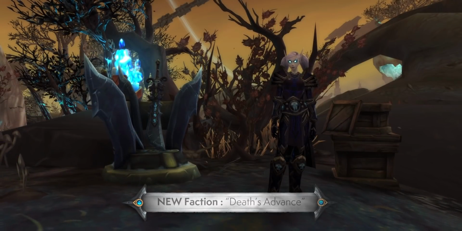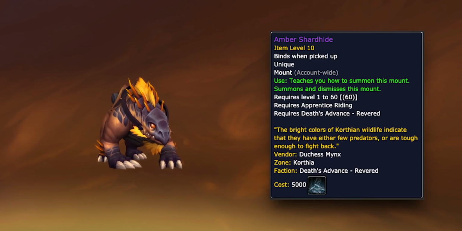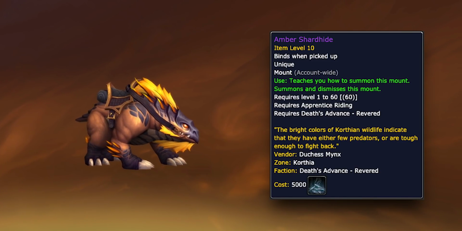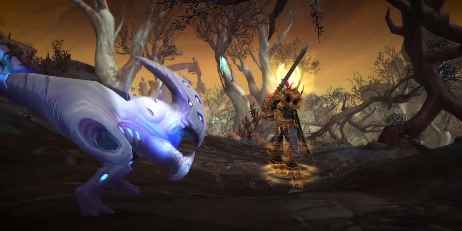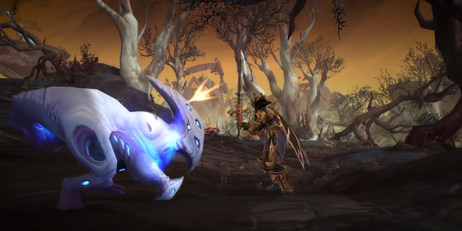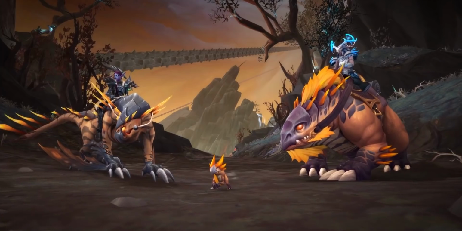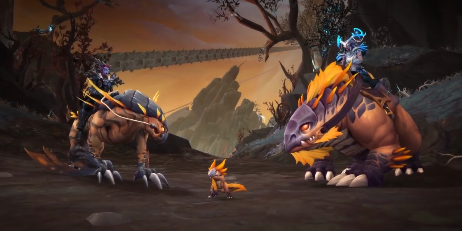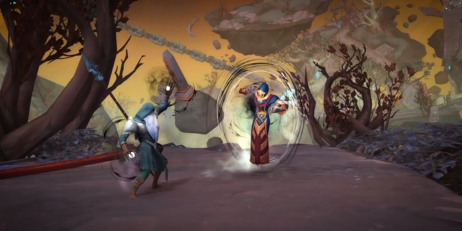Then continuing with reputations, the new Death's Advance faction sells the Amber Shardhide at Revered for 5,000 Stygia. And by the way, Stygia is a lot more plentiful in this patch, and with there being no Eye of the Jailer and you being able to mount, it will feel a lot better than you would think based on your 9.0 experience. Now, to get reputation for this faction, just do all of the Korthia and Maw content, primarily